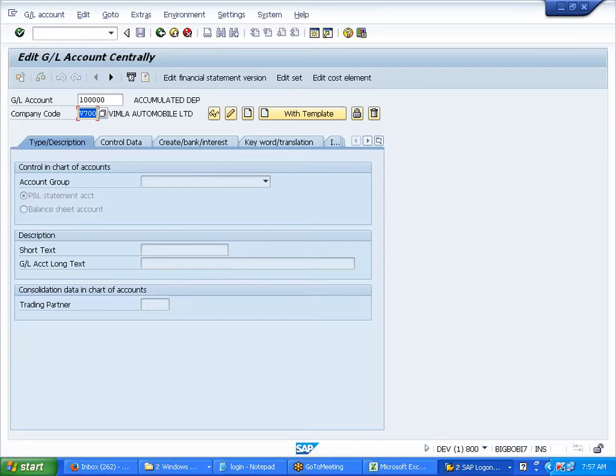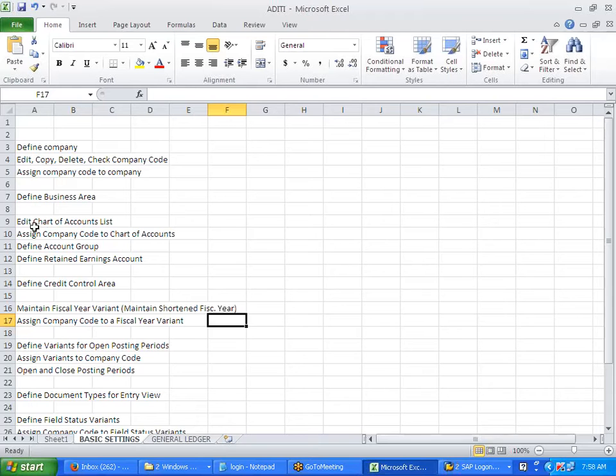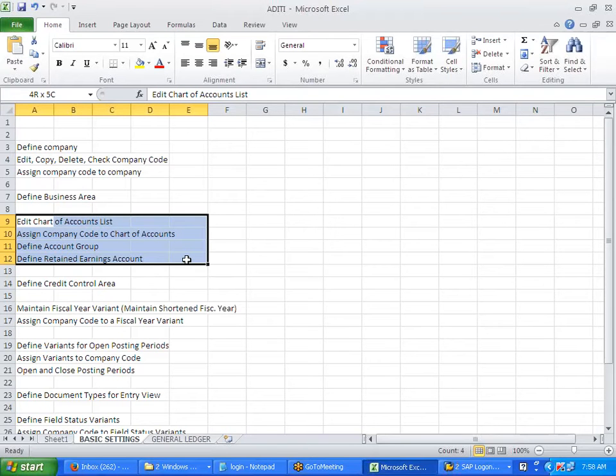I'll say one series. What's my company code? A400. Here I say create. This is for change, this is for display. Later I'll come to these tabs. So here I say create. If you people can recollect, we have configured account group, right? Here, the grouping of the GLs, this part.